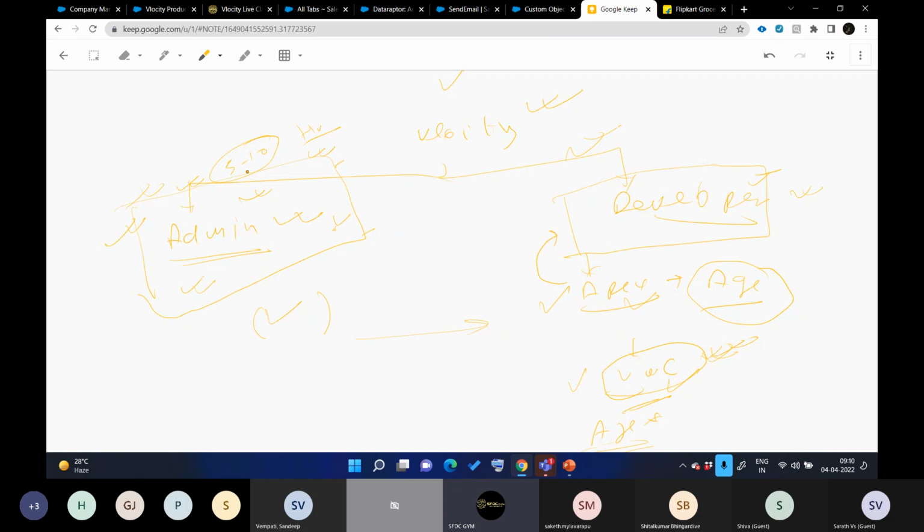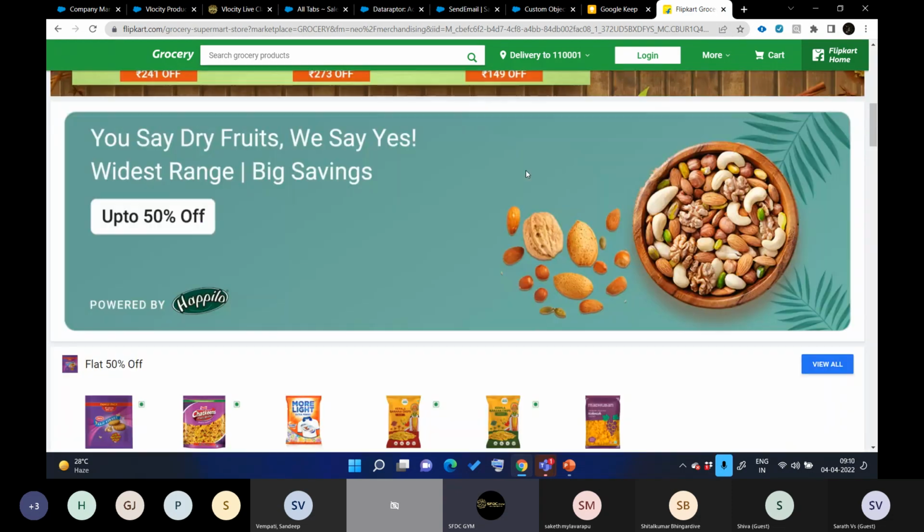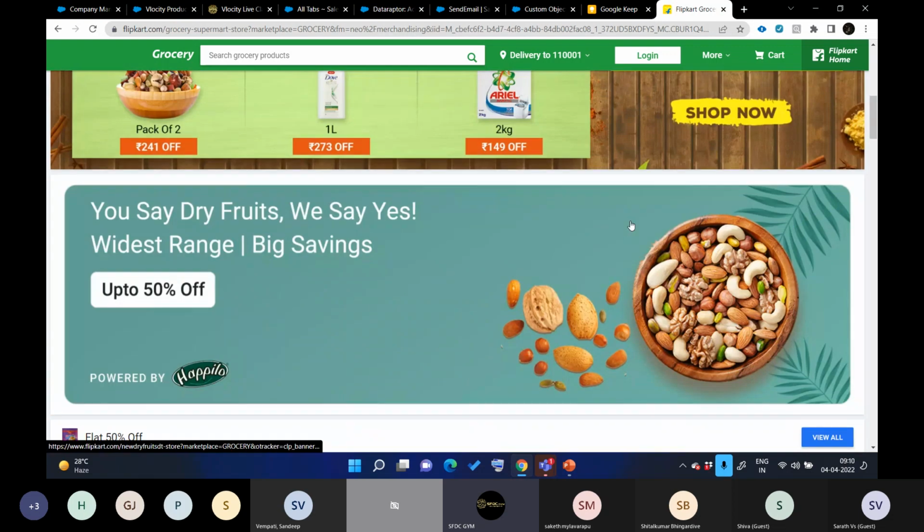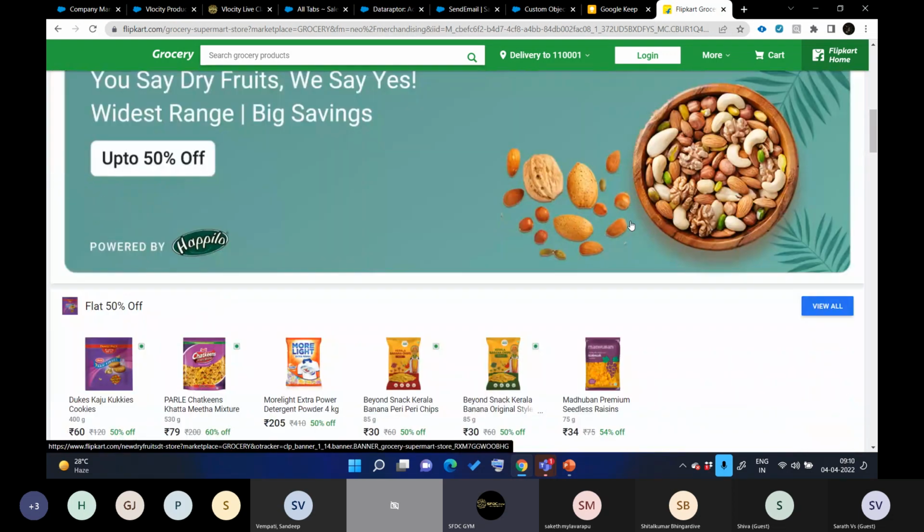Let's say for Flipkart, if we want to enforce the native Vlocity UI, they will not be satisfied, because they have their own structure and their own view to look at the product, right? If this is the situation, we need to go for development. That will be the limitation of the Vlocity admin part. But since the platform is Salesforce, which has the capability of writing custom code, with the help of that we can enhance these features.